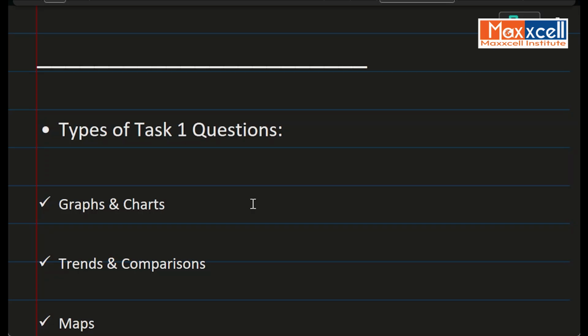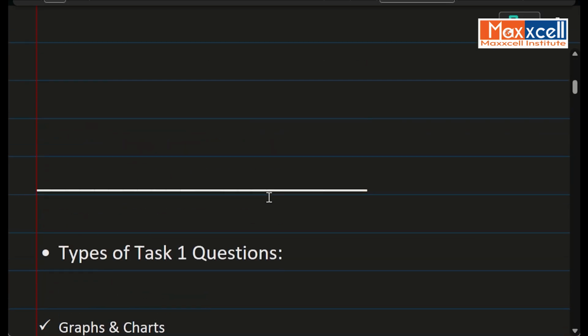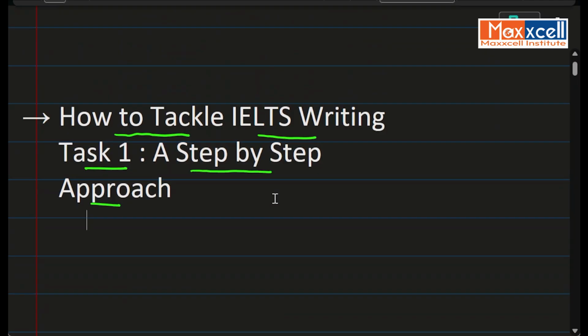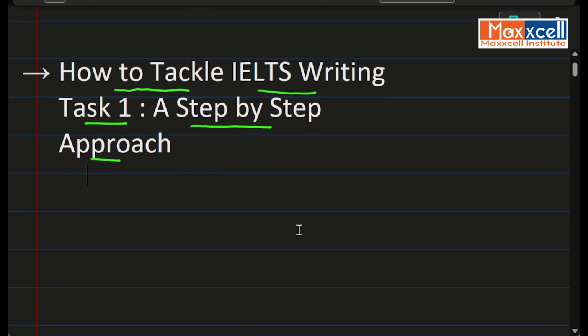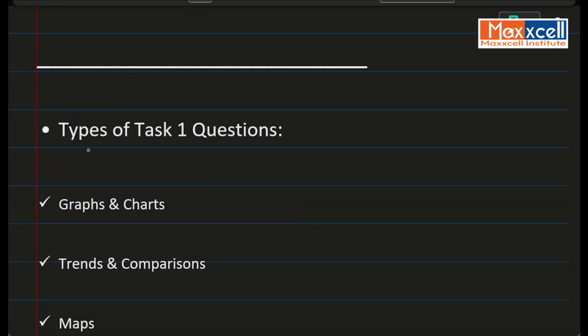Now coming back to this video, इस वीडियो में हम जैसे हमने कहा है कि हम क्या देखने वाले हैं, हम ये देखने वाले हैं कि हम IELTS राइटिंग सेक्शन में जो कि टास्क 1 होता है उसको हम कैसे हैंडल करेंगे वो हम स्टेप बाय स्टेप आज देखेंगे। तो शुरू करते हैं। Now when it comes to types of